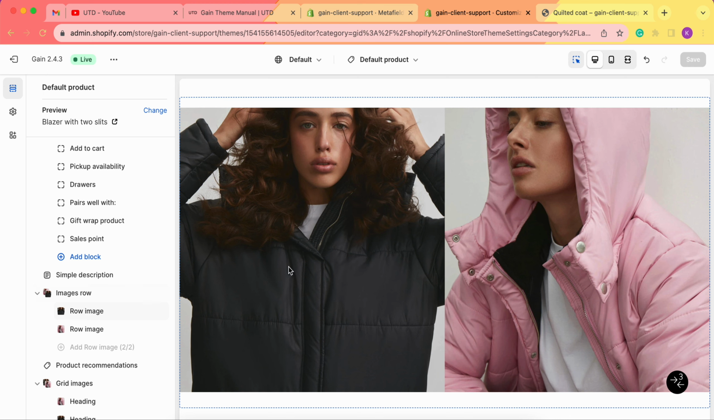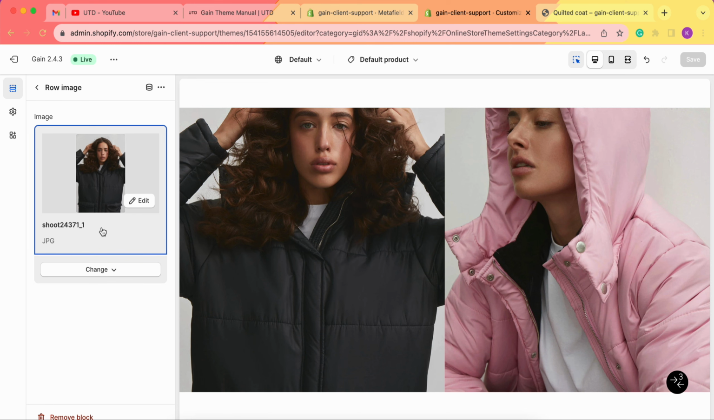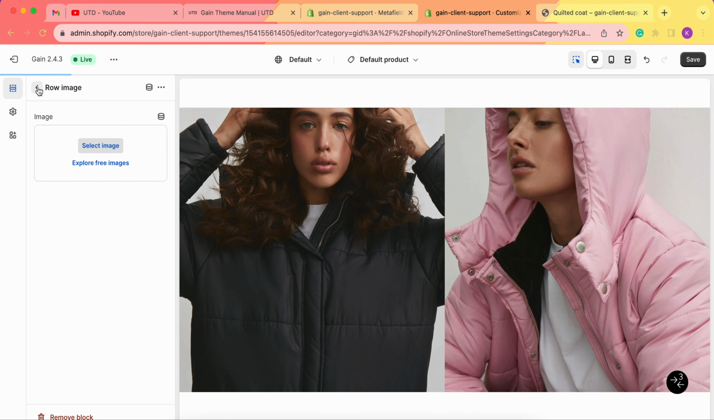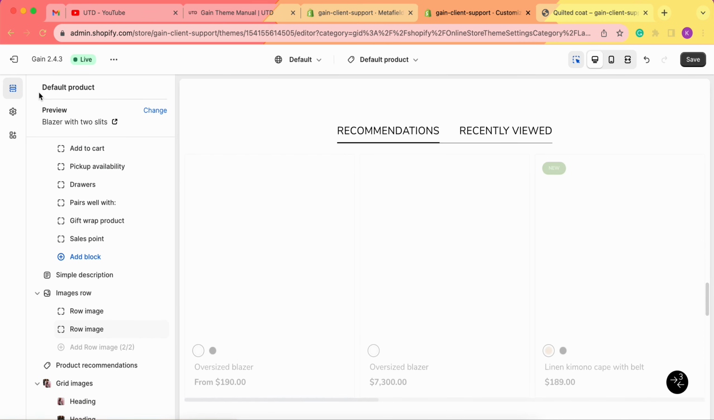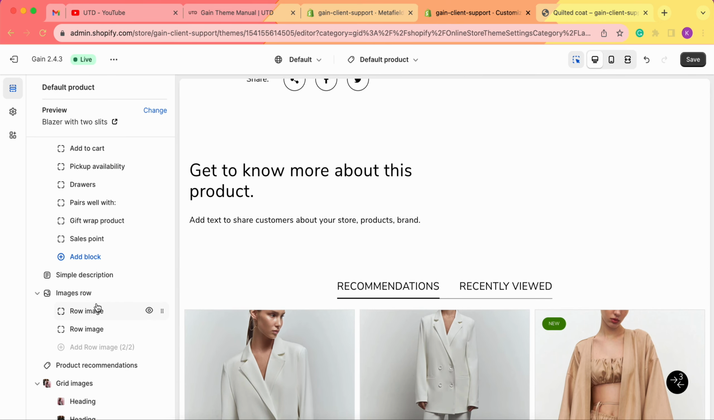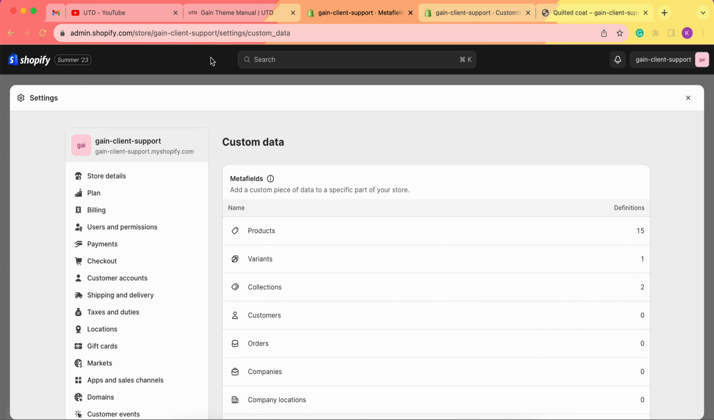However, there is a way to actually customize this section and make these images apply custom images to each of your product. So first of all, we need to remove the images here. So let's leave them as blank for right now. And then what we need to do, we need to create the meta fields for our products. So for this, we return to our